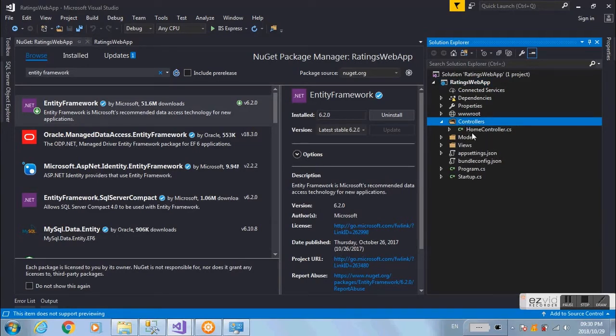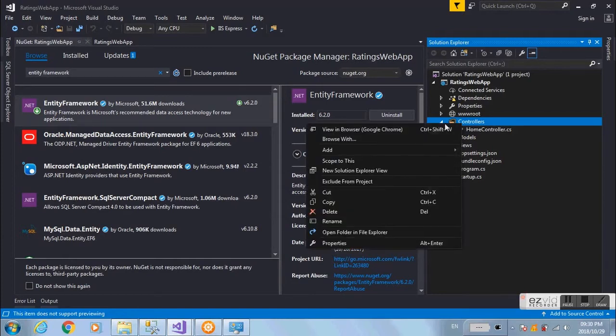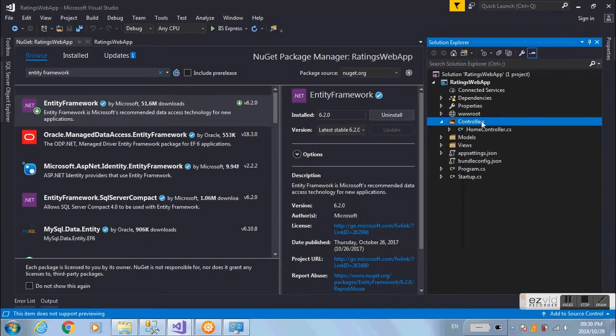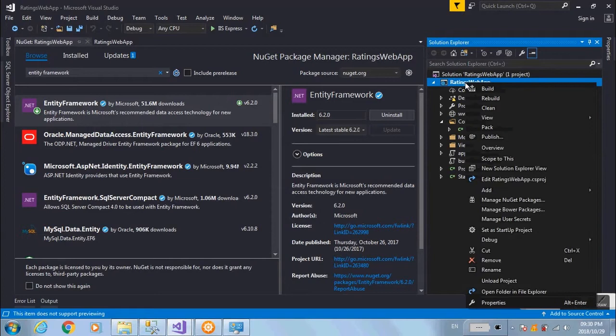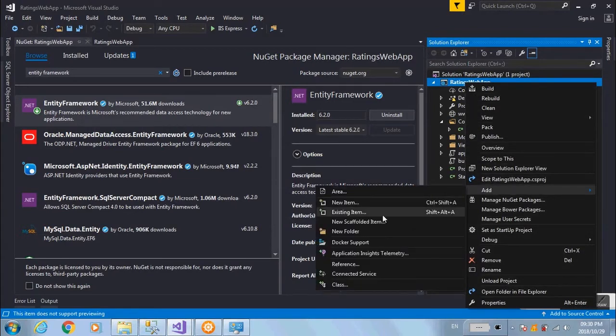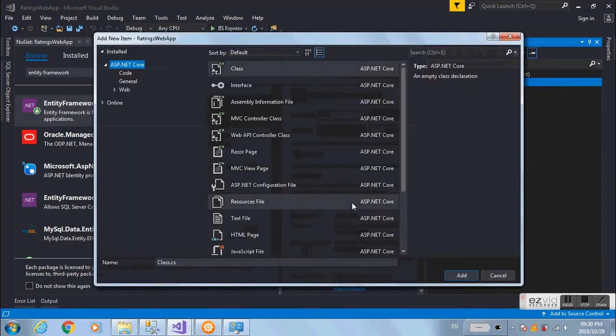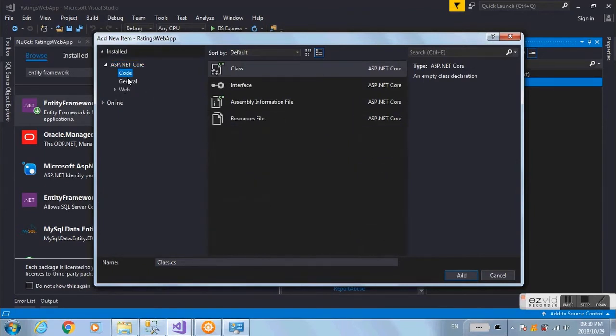Okay, as you can see, it's still busy installing. Okay, and looks like it is finished. So what we're going to do next is to go to the controllers folder. You're going to right click